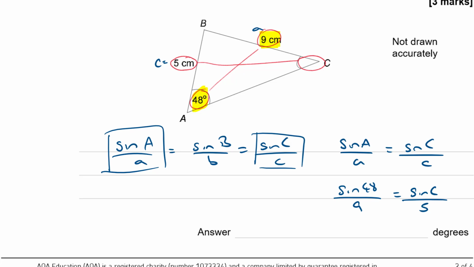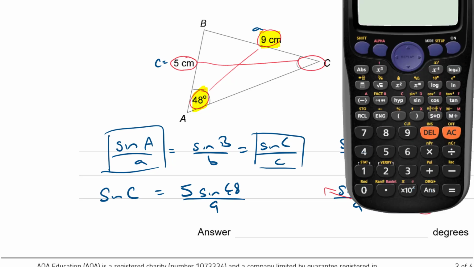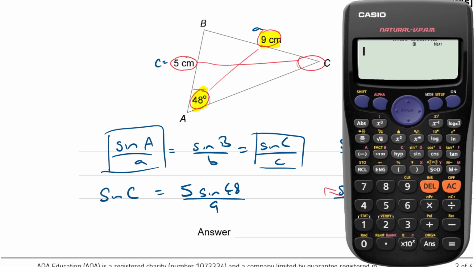Rearranging that, kind of running out of space here. Let me write over here. So rearranging, sine C is equal to, well, what I'm going to do is take that 5 and cross multiply it up here. And that's going to give me sine C is equal to 5 lots of sine 48, all divided by 9. Okay, so time to reach for the calculator and tap that in. 5 sine 48 divided by 9 is equal to,